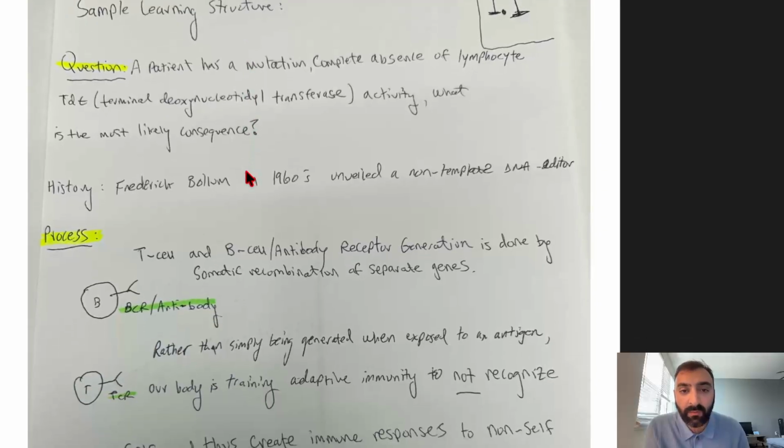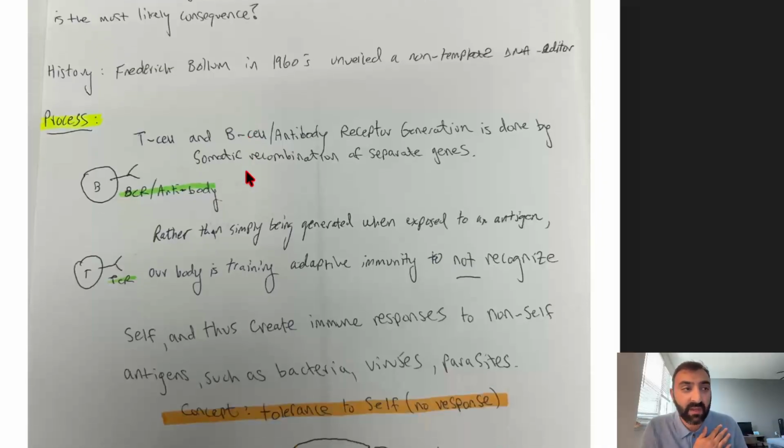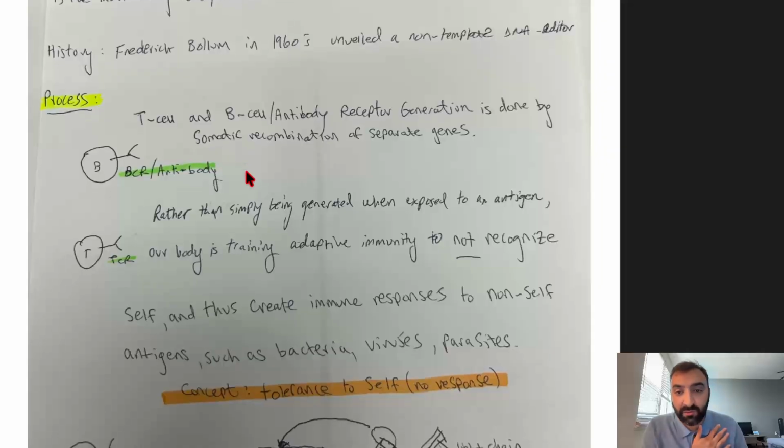So Frederick Bollum was a scientist in the 1960s who unveiled a non-template DNA editor. From your schooling, you'll probably remember that DNA polymerase is a very important editor that uses template DNA from one half of your own DNA, right, the double helix, and it creates the other parallel to it. However, what we've discovered for B cells and T cells is that the generation of their receptor is made through non-template DNA editing. So T and B cell antibody receptor generation is done by what's called somatic recombination of separate